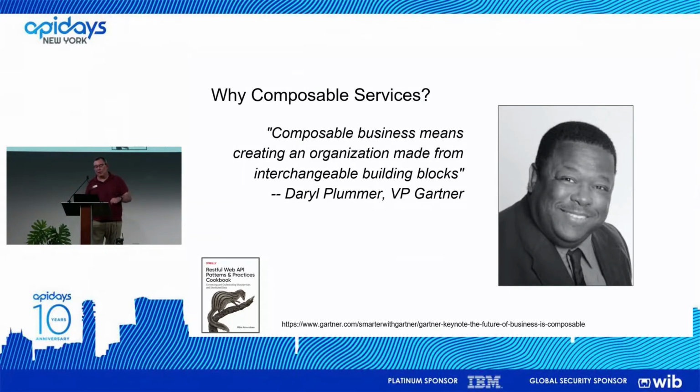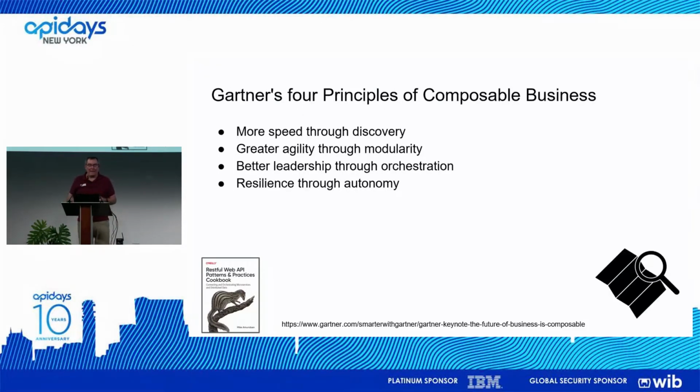Composable business is an organization made from interchangeable building blocks, and he doesn't mean just robots. He means the ability to apply creative people to the task in a short amount of time, with low latency and with low complexity. And he talks about these 4 features: the ability to discover talent inside your organization, treating agility as modularity, the ability to move that talent to where it's needed, the ability to orchestrate that talent, build the right team in the right room at the right time, whether they're remote or local, and then give that team autonomy so that they can do the thing they need to do.